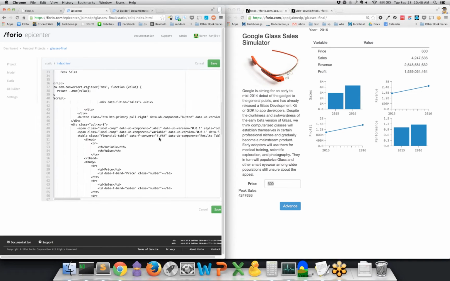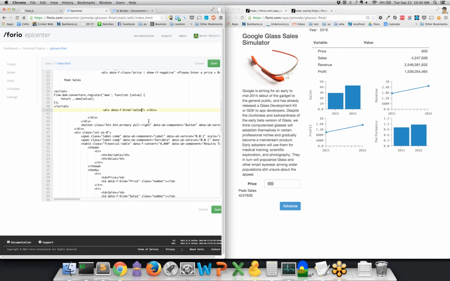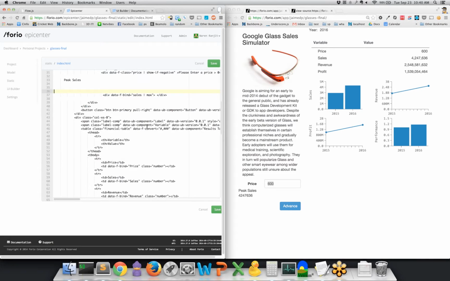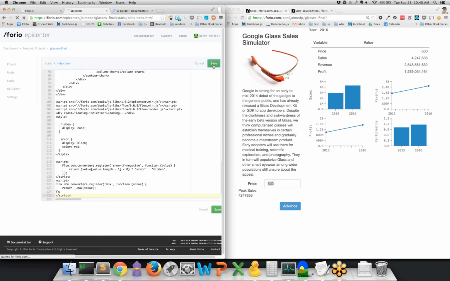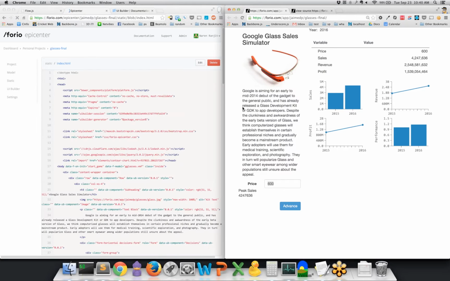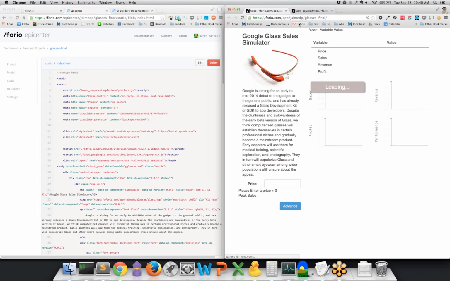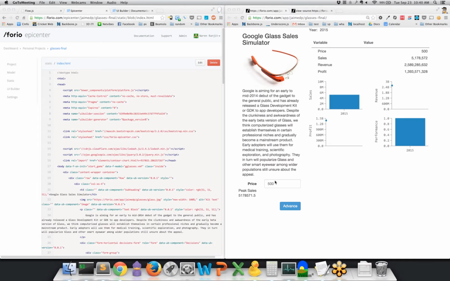So you can again do that by defining your own converter. I can define my own converter called, let's say, max, which is going to return the max of all of the sales array. So I'm going to go in here and add a new script tag. The script up here is pretty simple. I'm just going to return a new converter called max, which takes an array of sales values and then just returns the max sales. So I'm going to save this,